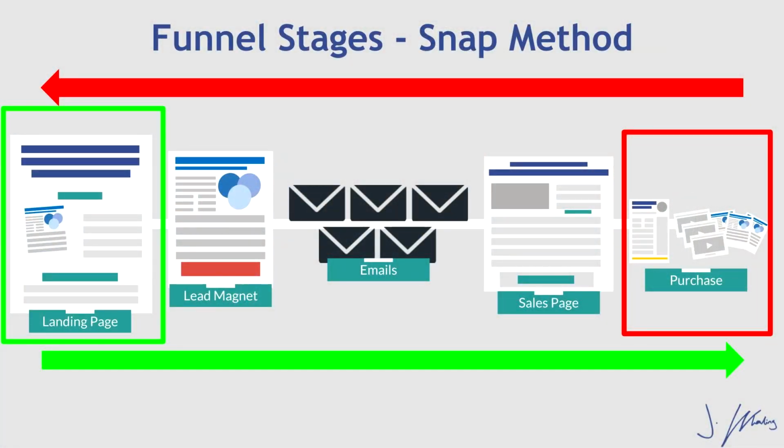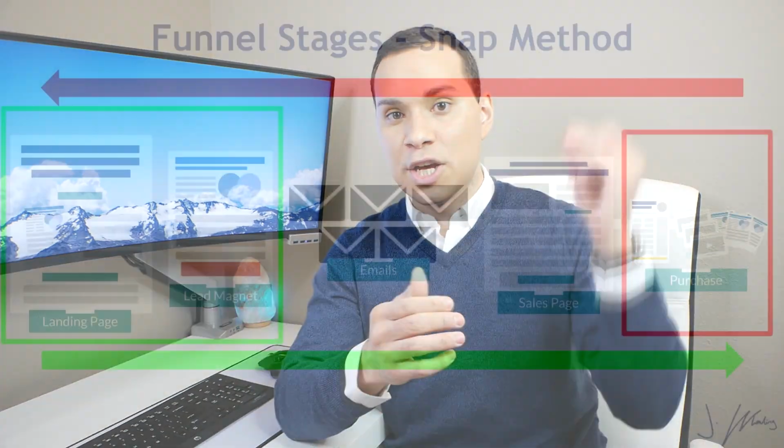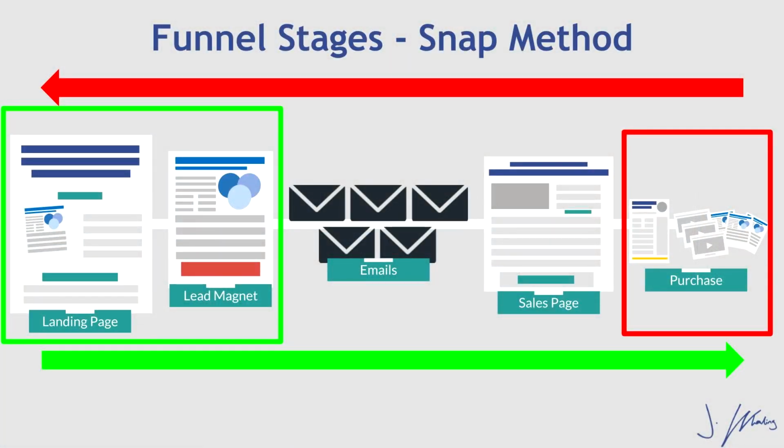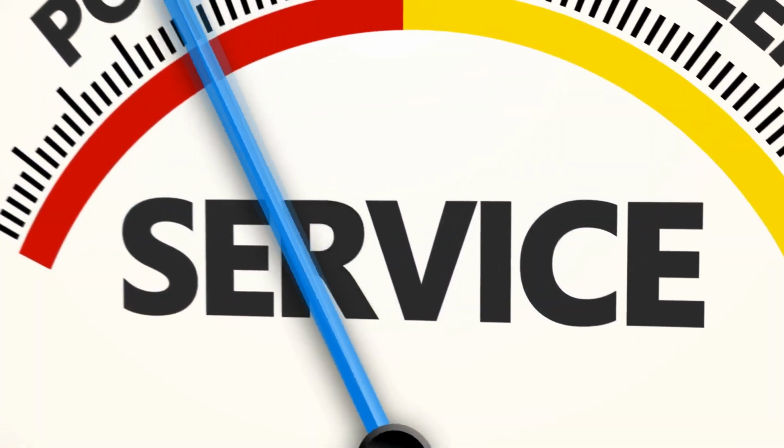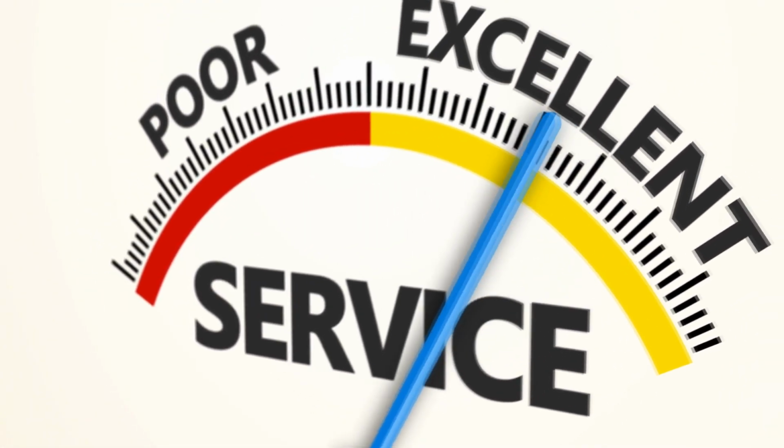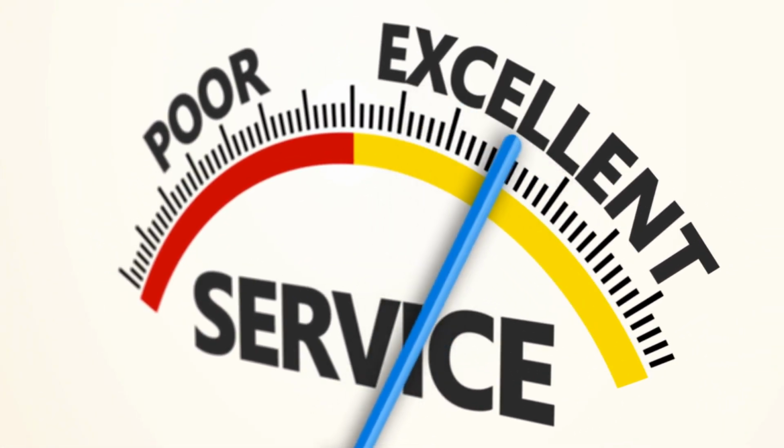What we actually want to do is go front to back, where we start with our landing page and lead magnet, even if we have no idea what our product or service is going to be yet, and then build the funnel from there. In fact, what I recommend is once you have a landing page and a lead magnet, you turn on the traffic immediately, even if you have no idea what the rest of the funnel is going to look like. And the reason that this is so critical to understanding how to make the 5 stages successful for you is because we need to stay fixated on the one element that is actually the variable of success when putting together your sales funnel.